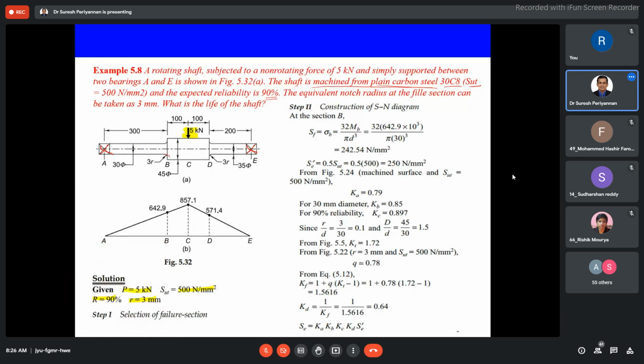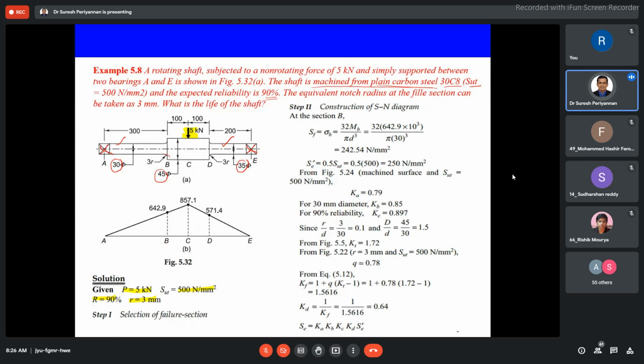See, this is diameter 45 mm. But this is diameter 35 mm. But this is diameter 30 mm. Then this is diameter 30 mm, but the load is acting on the middle. When the load is acting on the middle, the load is distributed equally to both sides of the shaft. Hence, whichever shaft has the smaller diameter, that is the one we have to consider for finding the life